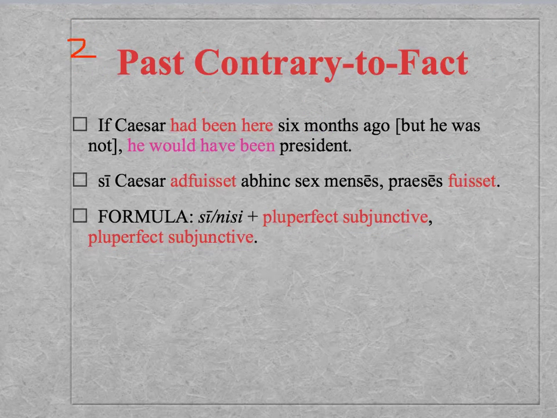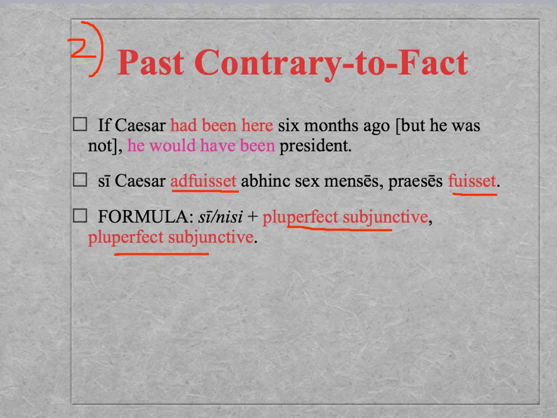The second kind of contrary to fact condition is called past contrary to fact condition. If Caesar had been here 6 months ago, but he was not, he would have been president. Formula: si or nisi plus a pluperfect subjunctive, followed by a pluperfect subjunctive. Si Caesar adfuisset ab hinc sex menses,